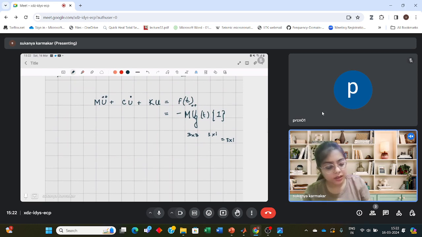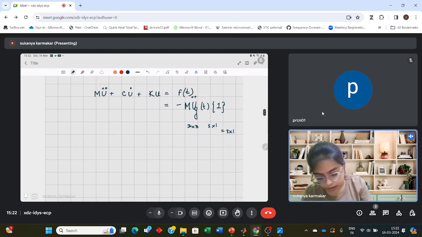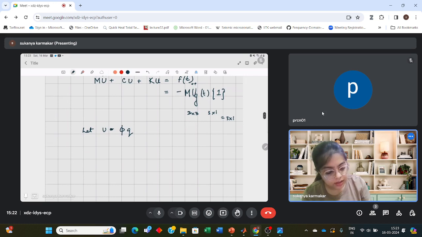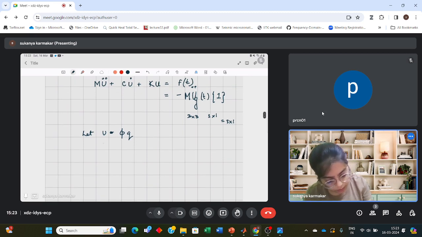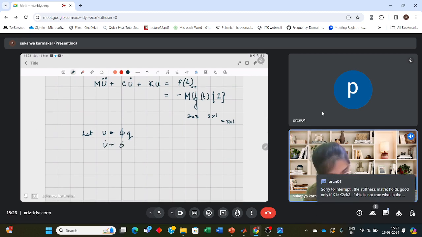Now, we had learned in the earlier class that we take u to be equal to phi times q, and then we see that phi is a function of the spatial quantity and q is a function of time. So u dot is equal to,